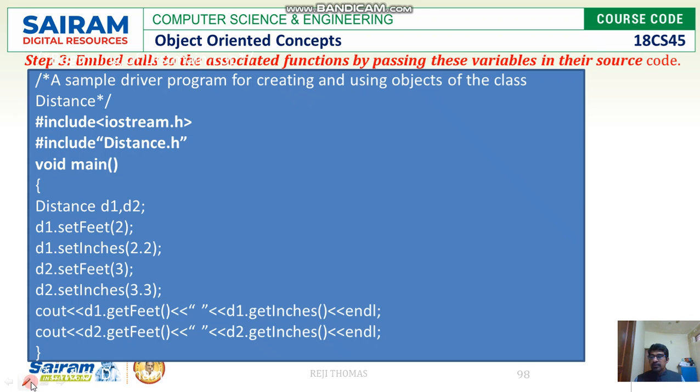We have included distance.h. From the user's point of view, he will just be including distance.h in the program, like stdio.h, and creating the variables d1 and d2. Where this is defined: it is defined inside the source file, and inside the source file we have included distance.h. In distance.h the class is defined, and the functions are defined in some other file. So whenever you want, you can make use of this. We are successfully done with this.